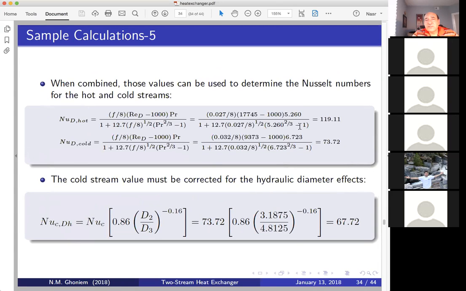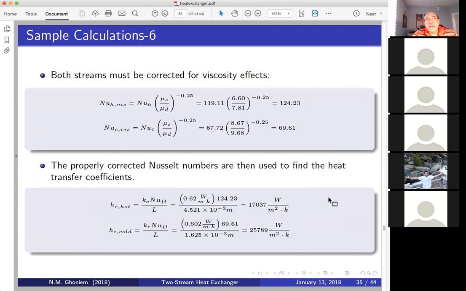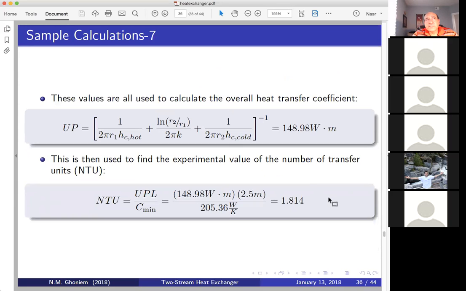As I said, the convection is pretty strong, so it's in the 70s to 100s in that case. And then you're going to make a couple of corrections to Nusselt. And then finally, you get to the promised land of finding capital U times the perimeter, which is the number that you need so that you can calculate the NTU. So all of these shenanigans are to calculate this number, 1.814